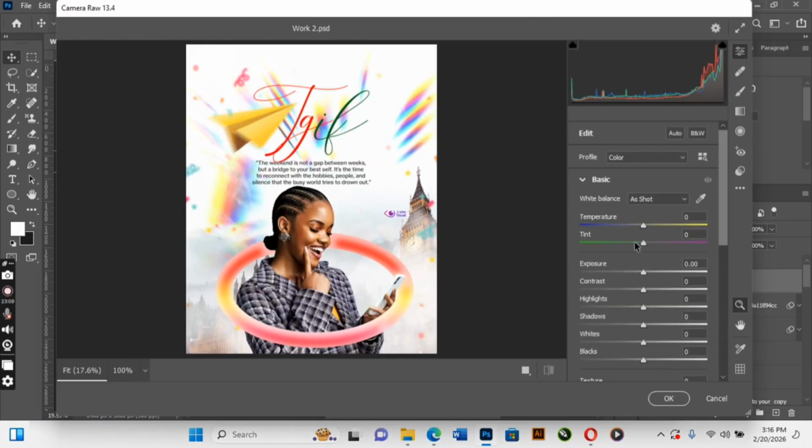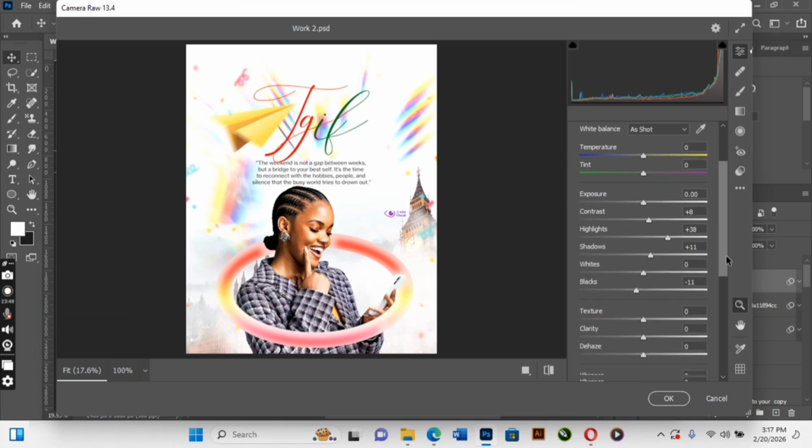Okay, so I'm going to play with contrast, highlight. I'm going to play with more of my highlights. Okay, so I have my shadow. I'm going to just leave shadow here. Let me reduce. Okay. All right. So I'm going to reduce my black. So I'll bring this down. I'll touch